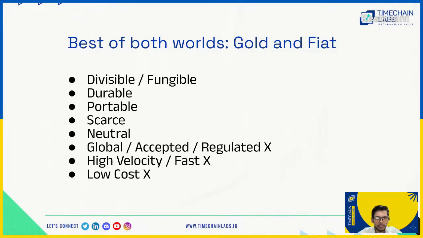Now, this is what Bitcoin solved. Bitcoin could achieve the best of both worlds. It could be divisible to the price level of fiat or more. There are eight decimal places to Bitcoin, and it can price things at a very granular level. The smallest unit of Bitcoin is called a Satoshi, and it can price things at the most granular level, even to price data.